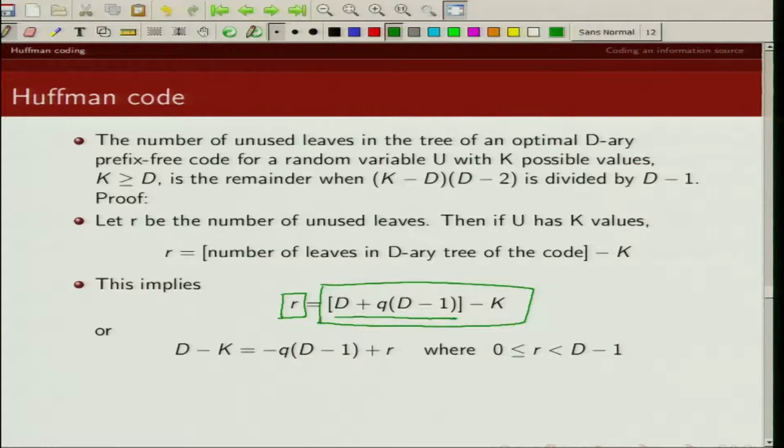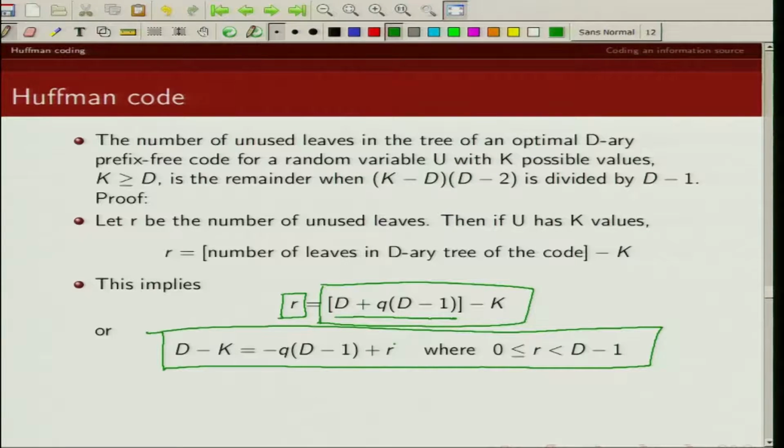Now with some algebraic manipulation, I can write this in this particular way. So you can think of the number of unused leaves as, if I divide D minus k by D minus 1, whatever remainder I get, that is the number of unused leaves.